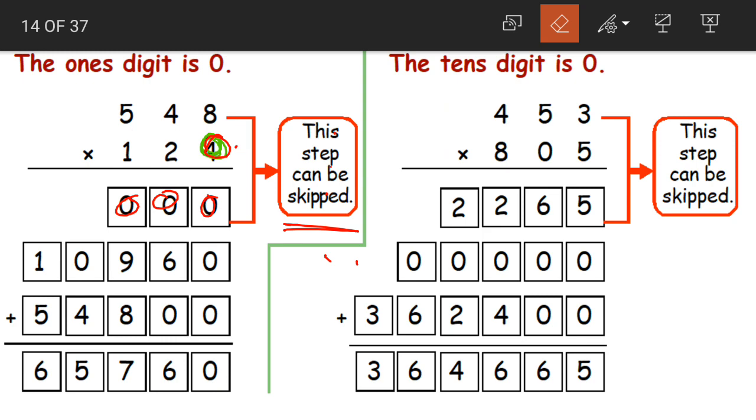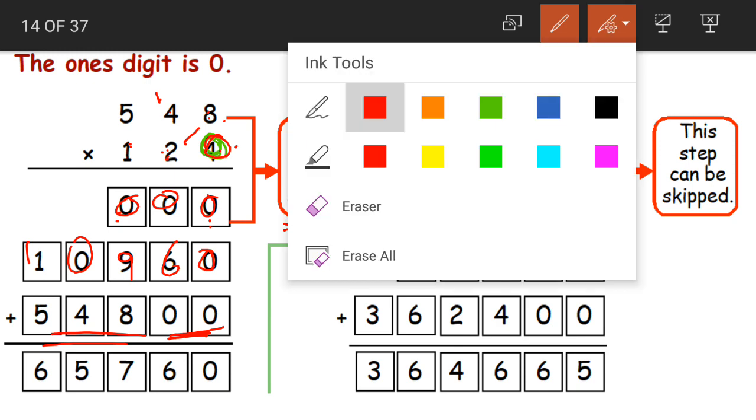Let us see. Okay, so first we have multiplied 0 into 548 gives us 0 0 0. Next, after ones we go to the tens. 2 into 8, before multiplying place a 0. Yes, 2 into 8 is 16, 6 here, 1 carry, 2 4s are 8 plus 1 is 9, 2 5s are 10. Coming to the hundreds place, 2 zeros, 548 ones are 548. Now let us add and see.